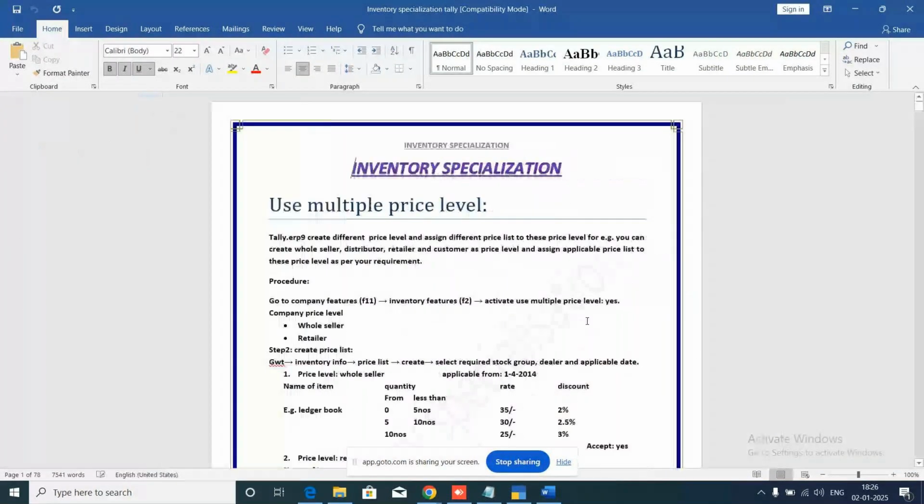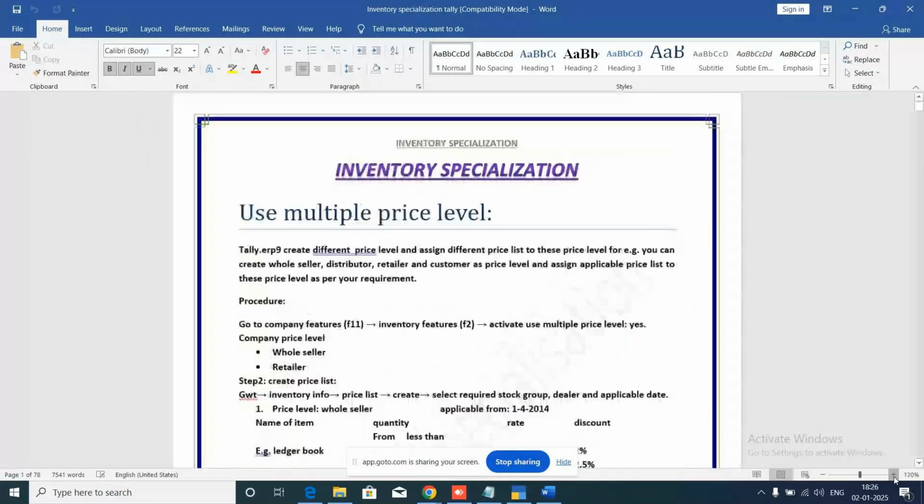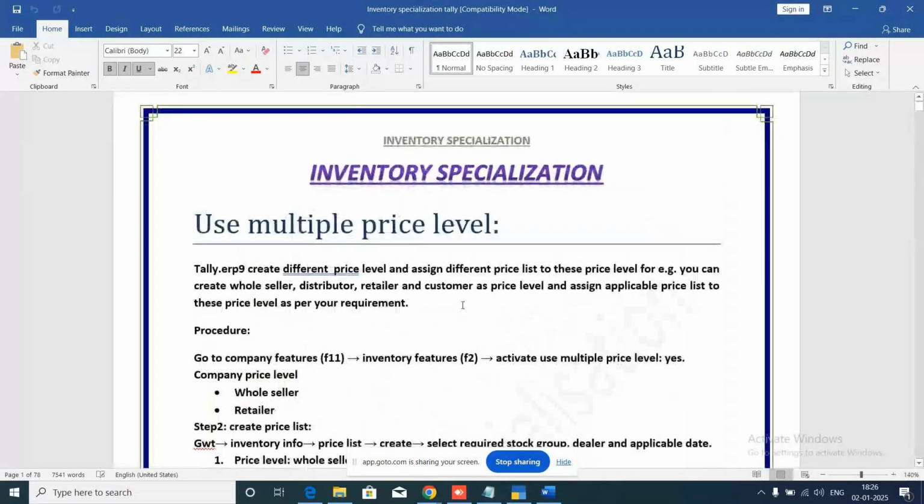So now I'll take the concept of inventory specialization. Here we have an option, use multiple price level. This multiple price level we use for different price levels for different people. For example, if I am running a manufacturing company, I'll give the rate for wholesaler, distributor, retailer, and customers at different prices. This is the concept we are introducing in Tally Prime. To activate this one,